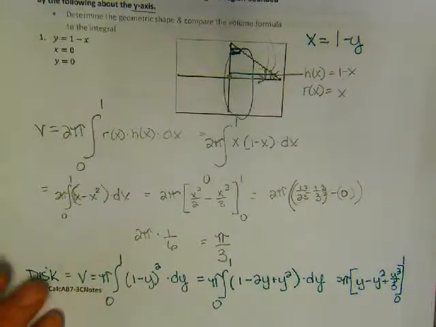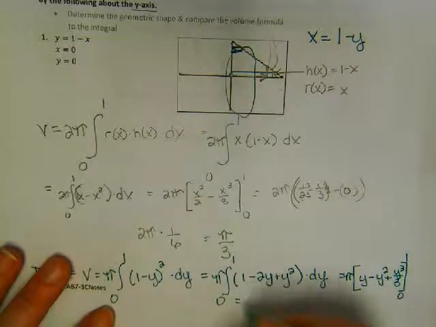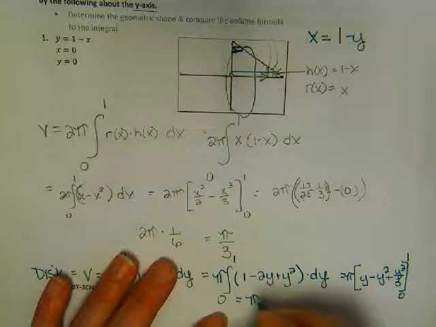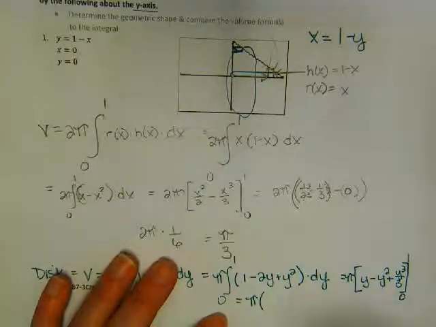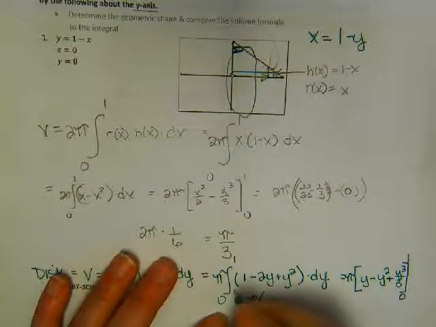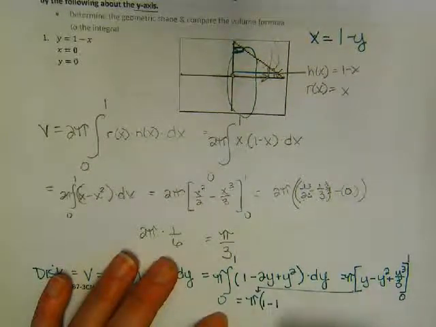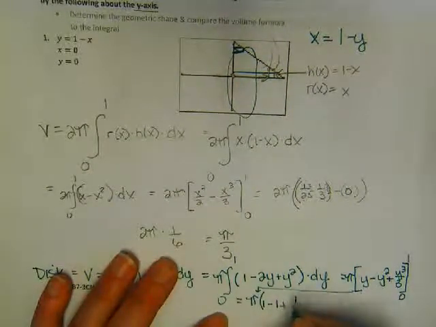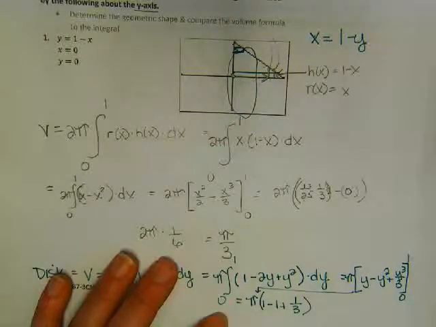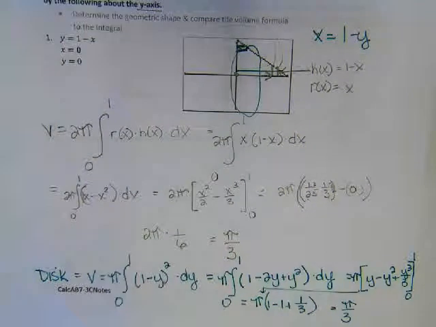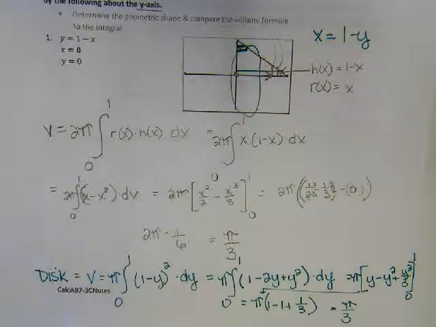So this would be pi times, when I subtract the 0, it's just going to be 0. 1 minus 1 plus 1/3. Yep. In this case, I think it's about the same amount of work to rewrite. What you're going to see is